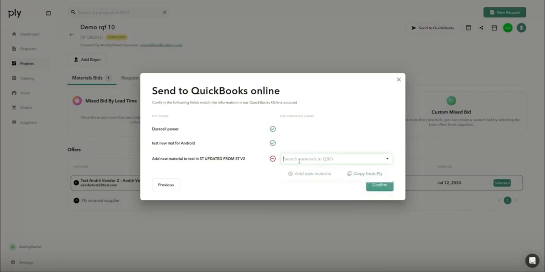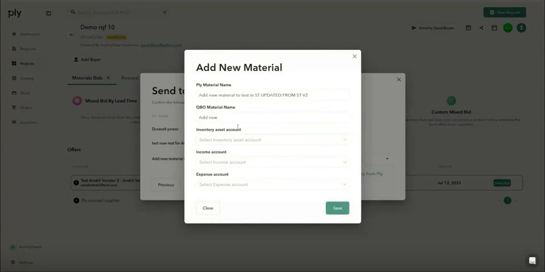You can see here we have two materials, the Duracell and the Test, that have found materials within QuickBooks, and one that does not. So we're going to add this new material in QuickBooks from Ply. We're going to enter in the QuickBooks material name,